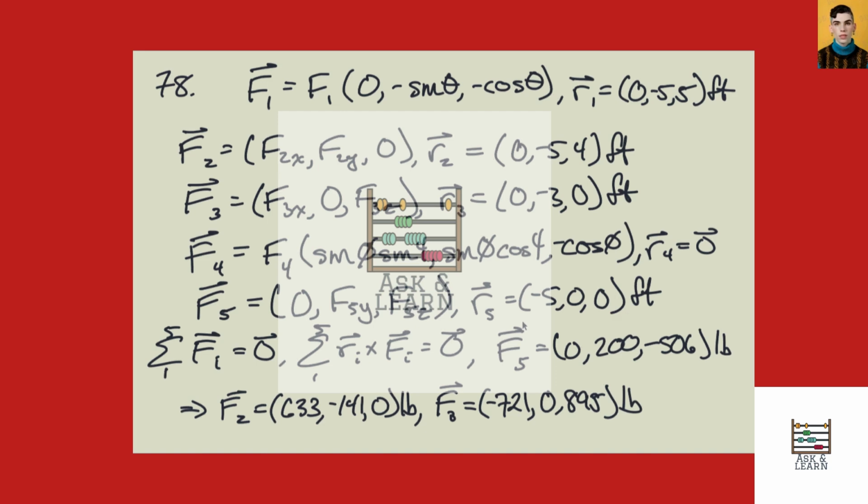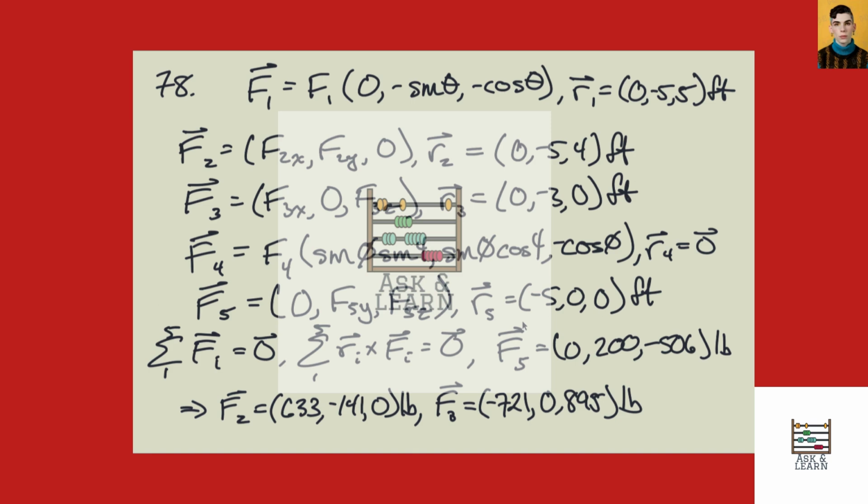So if we sum forces and sum moments, we have 5 different loads here. This one is known. We have 1, 2, 3, 4, 5, 6 unknowns, because this is known and all these angles are given. So 6 equations from here, and we have 6 unknowns, and we can just crank through the algebra, doing it carefully, and we get that F2,